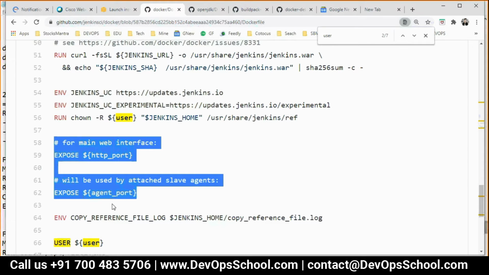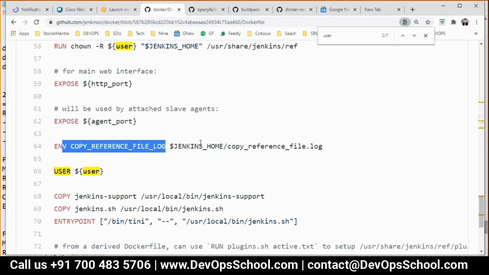Your application will anyway be running on 8080. Why? Because that port is declared in the application itself. Expose has nothing to do with it. What you are doing here is for informational purposes, like your application is getting exposed at that port. It's not playing any important role or redefining any properties of the running container. But it's for the information: I should access the web at 8080 and node at 50,000. So you can write it or not, it hardly matters, but you should write it.